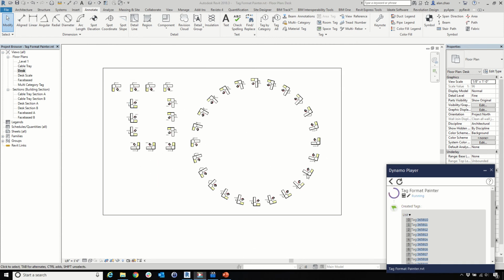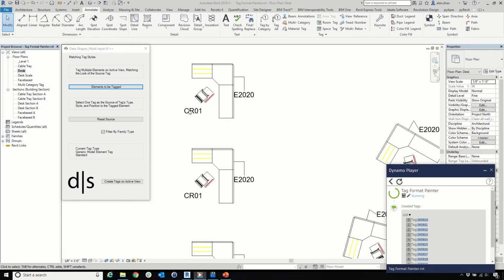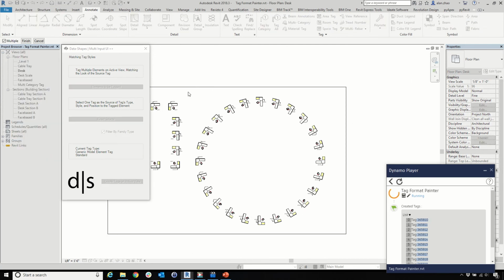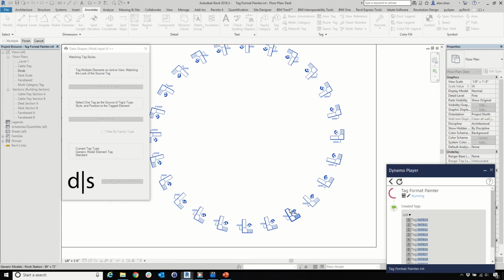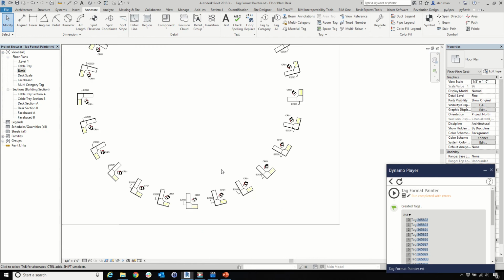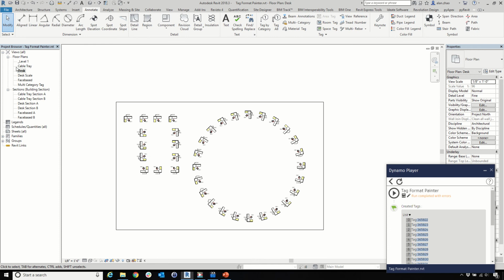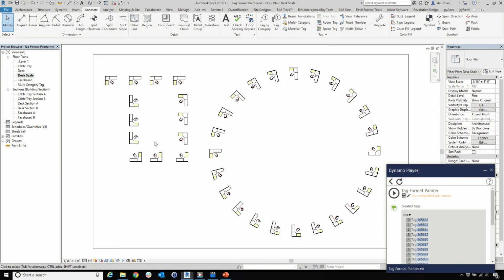I can run this again. Now because here it says current tag type, the data from the previous tag we created for the chairs is already stored. So I don't need to reset it if I want to tag the chairs again. I can just go ahead and select, and done. It remembers the tag location,